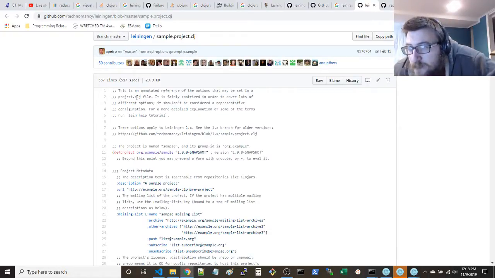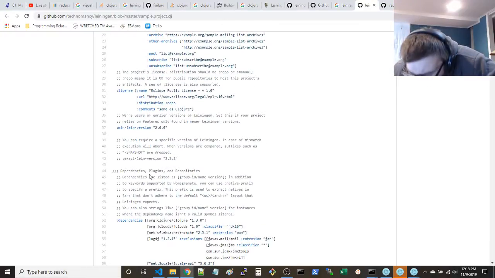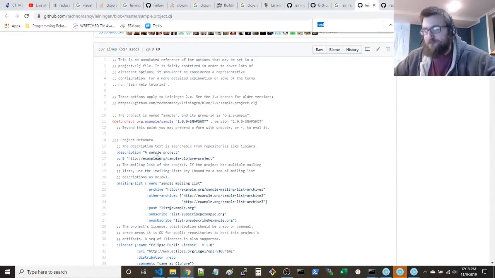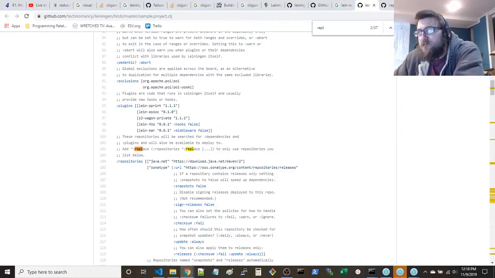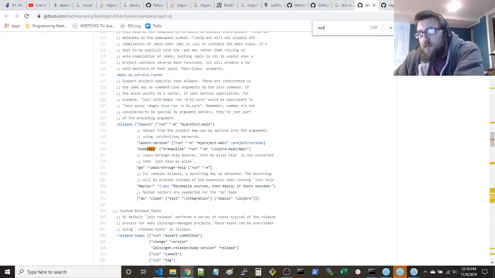Options may be set, contrived, covers a lot of options. Description, URL, mailing list. REPL. REPL plugins. REPL aliases. Trampoline run m Clojure main.